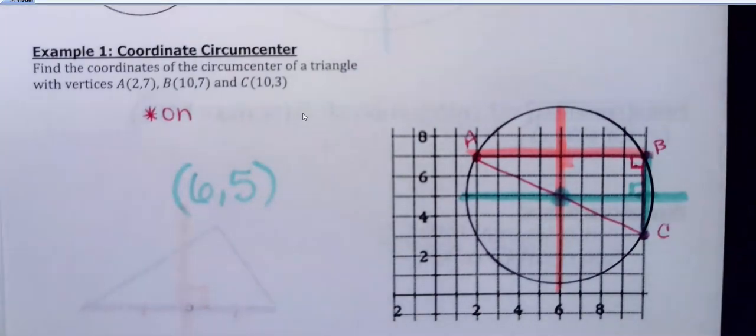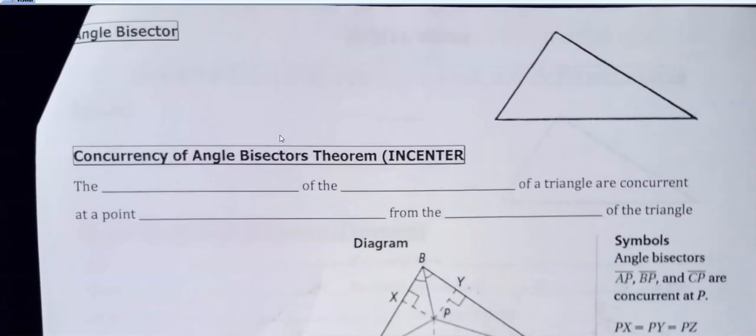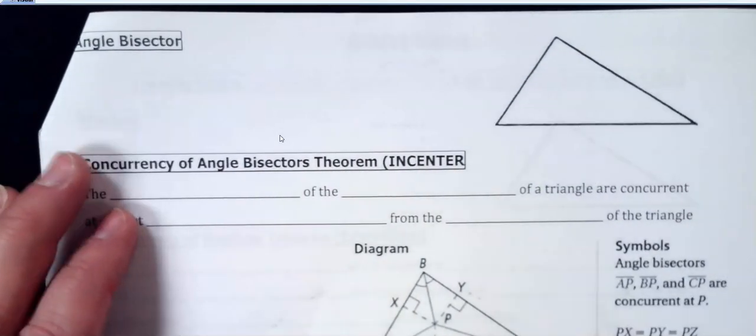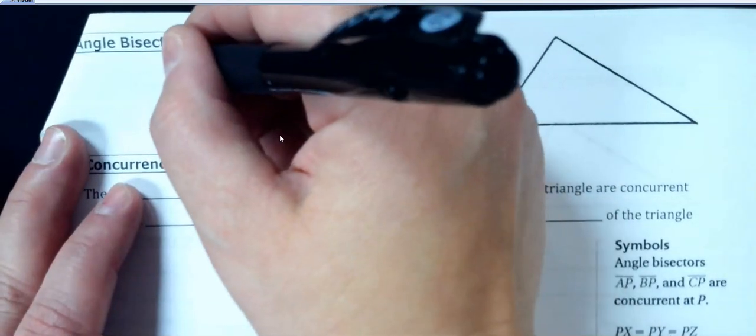Okay, the other one we're going to talk about today, we're not going to do any constructions with this at all today. We'll do one later. This is going to be called the incenter. And the incenter you're going to find by using the angle bisectors for each angle in the triangle. So angle bisector, all that is,